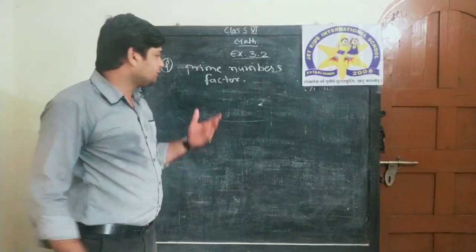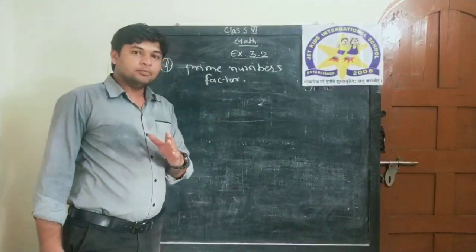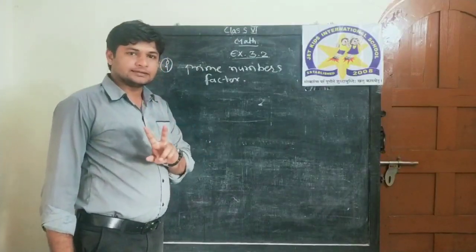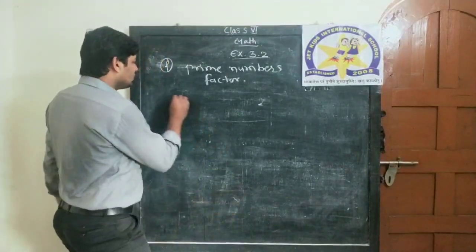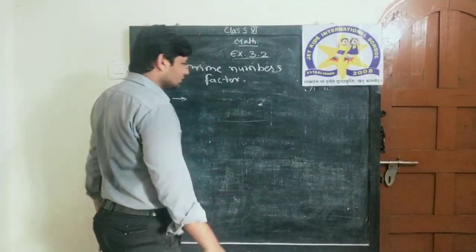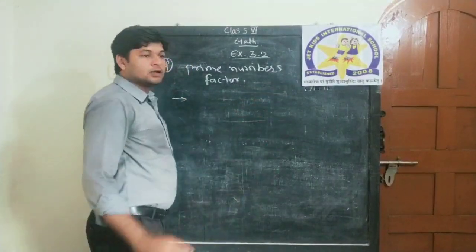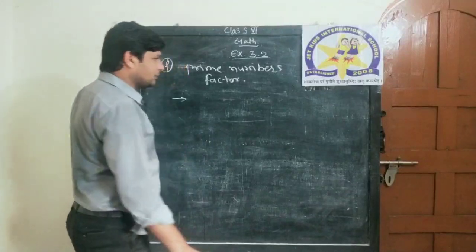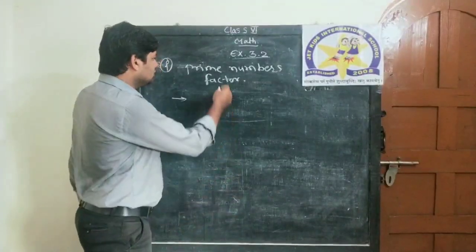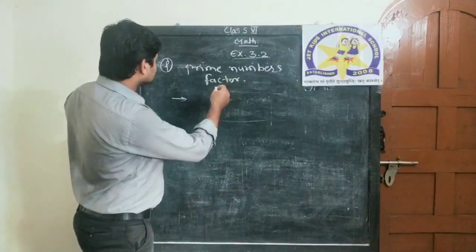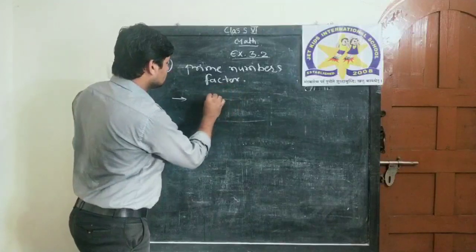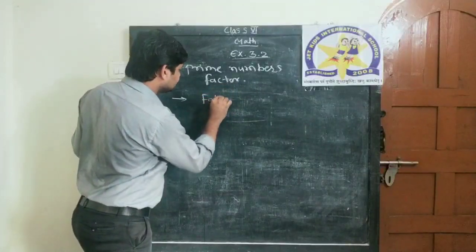What is the definition of a prime number? Any prime number has two factors, 1 and the number itself. We already did it. You can check the previous video for brief information about composite numbers and prime numbers if you missed it. And if you want to revise, you can also rewatch it. So it is false.